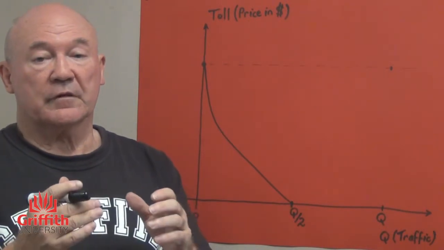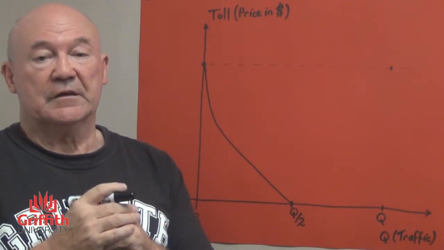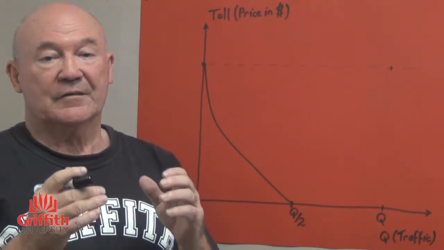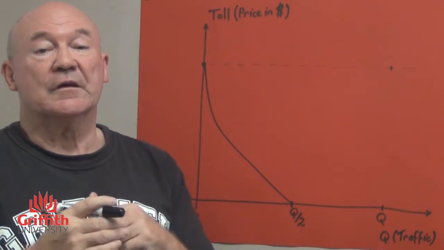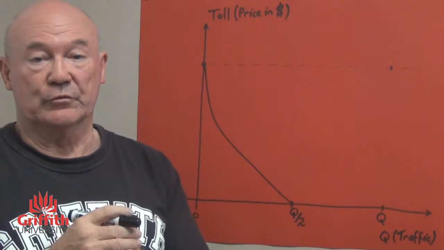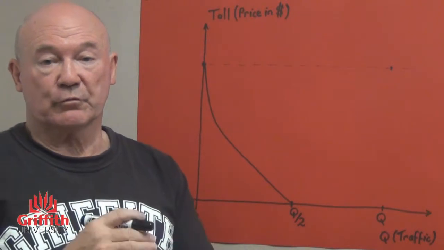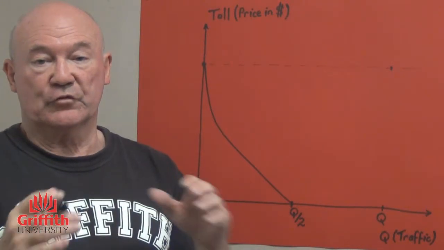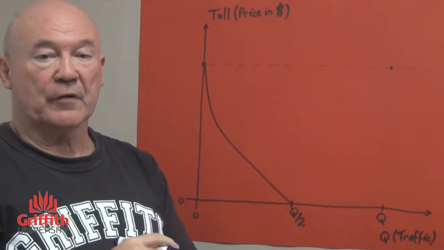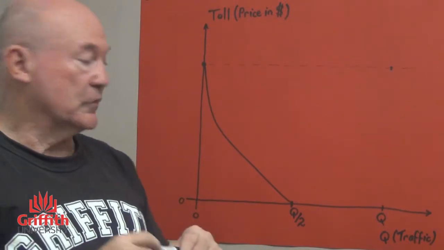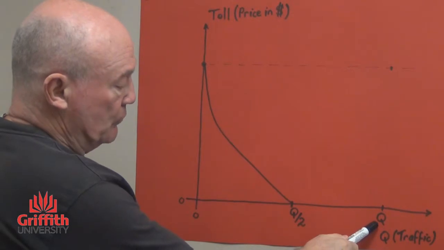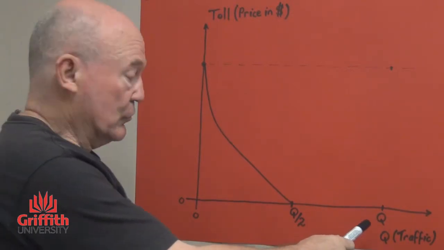And one of the things that we're going to see is that the two roads interact with each other, and in the case of the toll road, it provides a positive externality for the free road users. So both roads will have congestion, but the two do interact with each other. So let's look at the diagram now, which I've already partially constructed, and we're going to assume that the total amount of traffic that the two roads combined